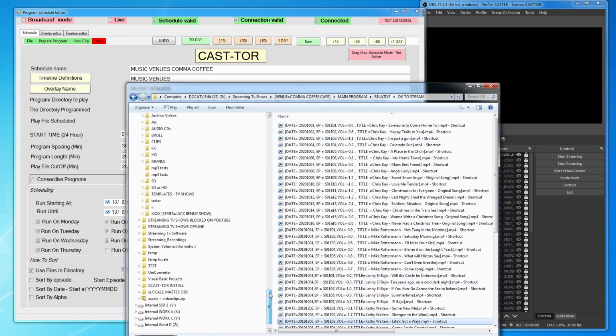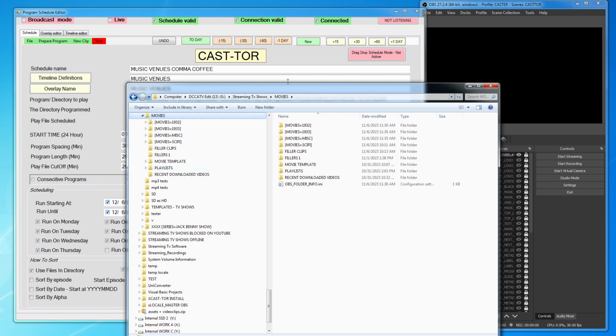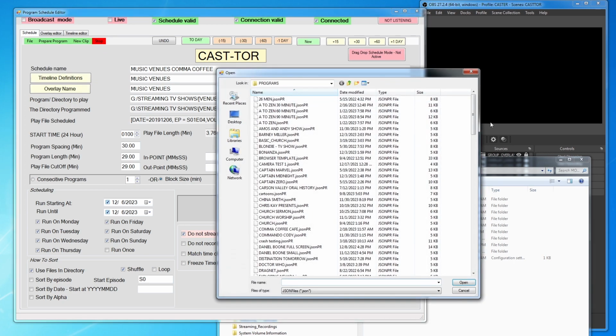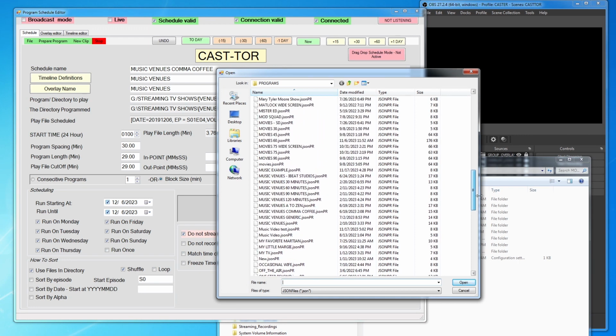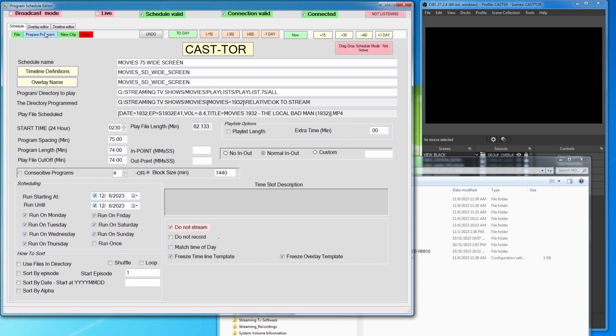So we're going to go down here to movies, and let me close this up. We're going to go to movies, and I'm going to bring in the movies templates. So movies, and you'll see that I have 30, 45, 60, 75. And these are how long the movies are, 30 minutes, 75 minutes. So we'll do this guy right here. And if we play the movie,